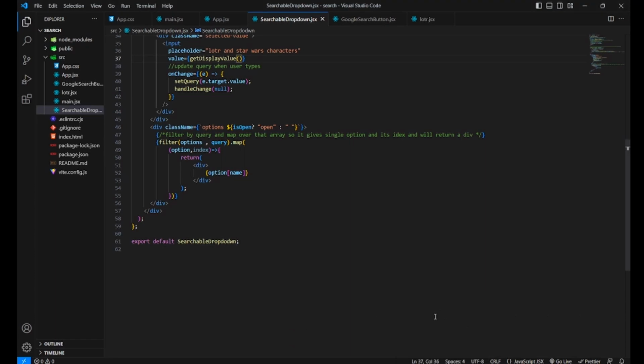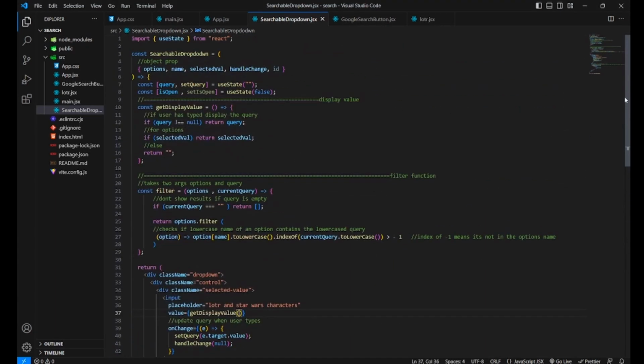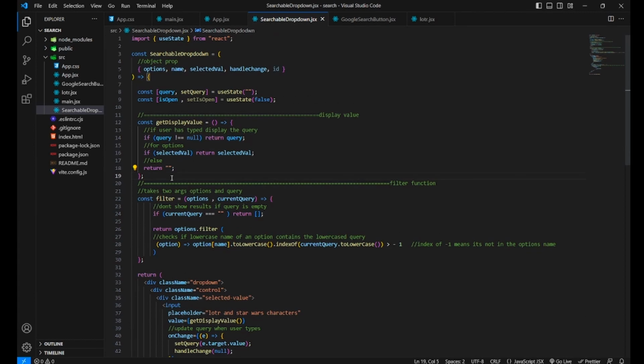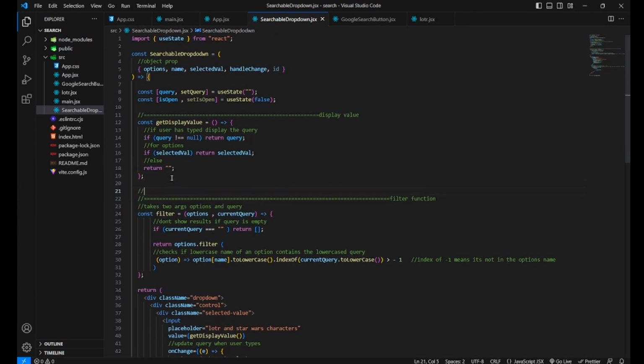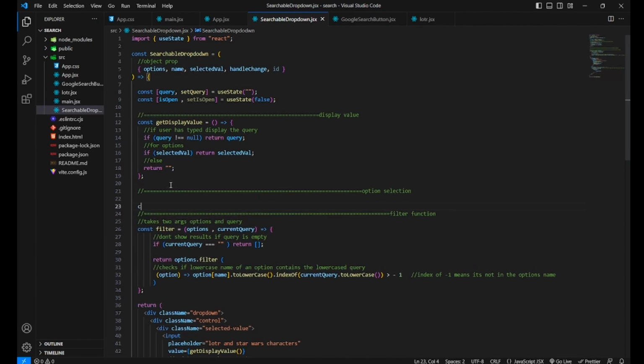It's showing the input, and here you can see now we have to add a function to select the options. So we'll create a new function here. We will first add some comments to separate this. Okay, so option selection, let's create the arrow function const selectOption,